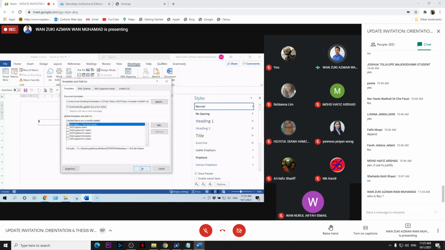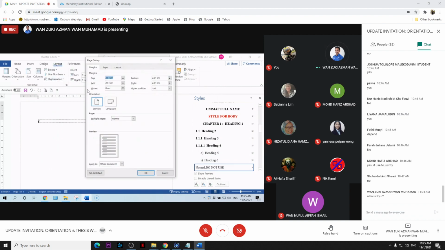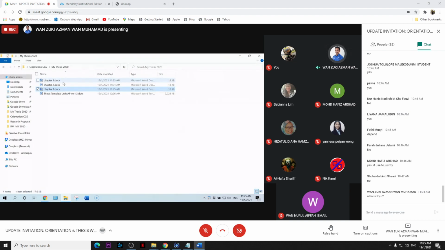Open, automatically update, click OK, and then layout, page setup: top 2.5 cm, bottom 2.5 cm, left 3.5, right 2.5 cm, and change the paper to A4, then click OK, and save. So now you have attached the template to chapter 1, chapter 2, and chapter 3.